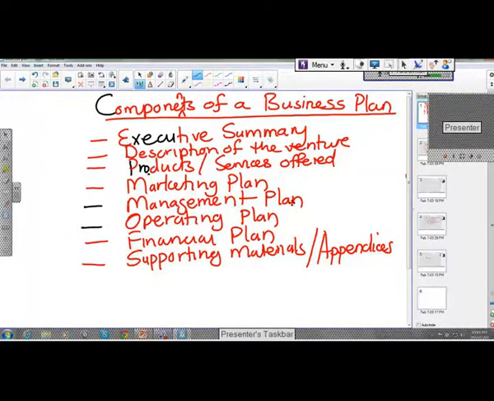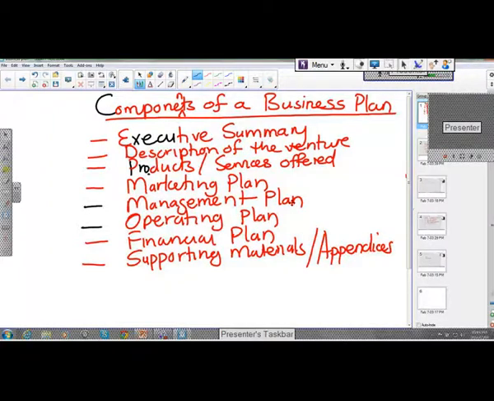You are also going to write another section with the heading description of the business of the venture. You are telling us what you are really doing, what kind of business you are in, what you are doing, and how you are doing it. Describing in general: we are a training company, we are a hospitality company catering for tourists in this area of the country. That is part of the description.